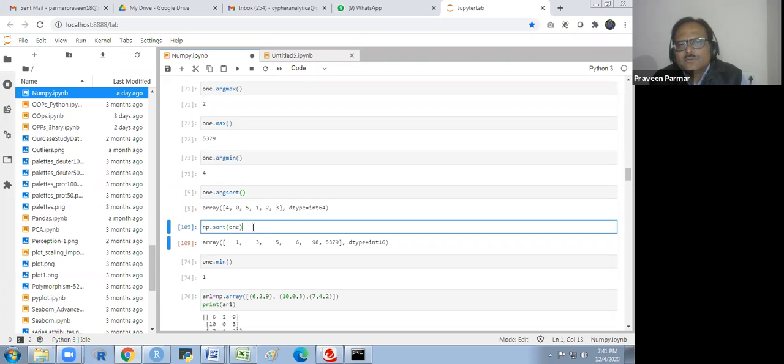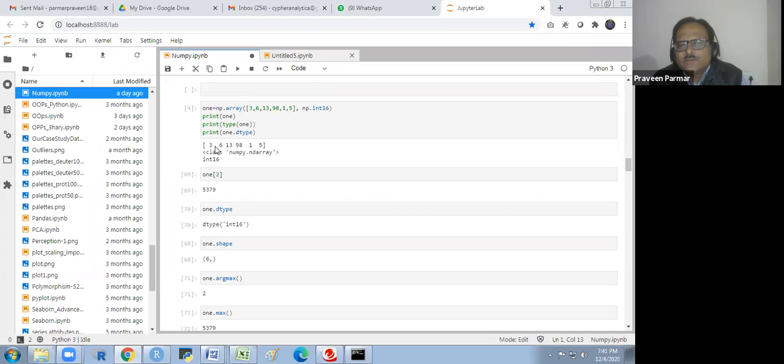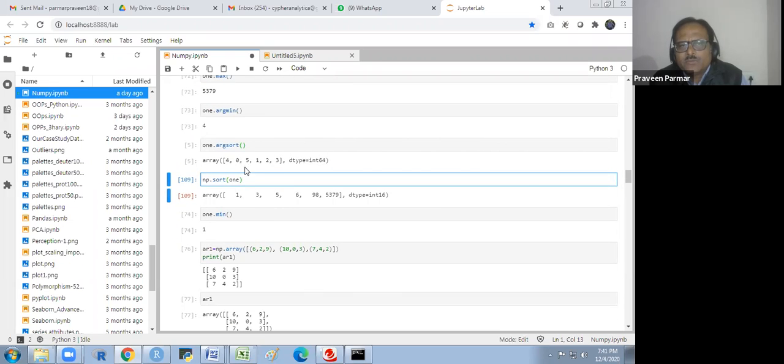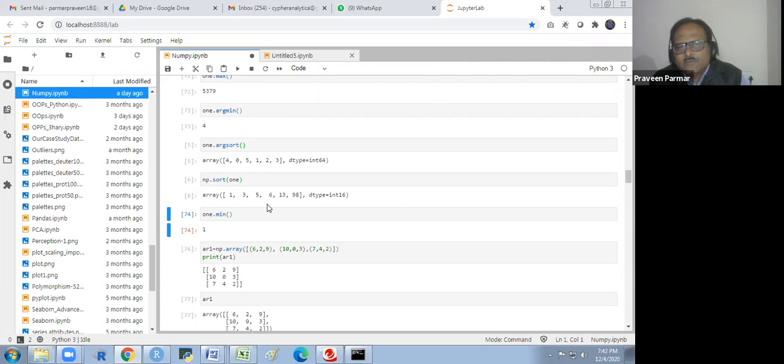Now, if I want to arrange this with the values, this one is arranged with the positions. So then you will use the NumPy function, the NumPy method, np.sort. And that is the object name where we want to apply it, and I run it. Then you see it is 1, then 3, then 5, 16, 13, and 98. Got it? Does that make sense to everyone? Yes.